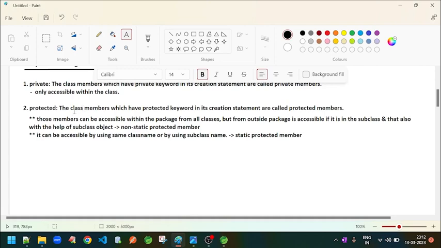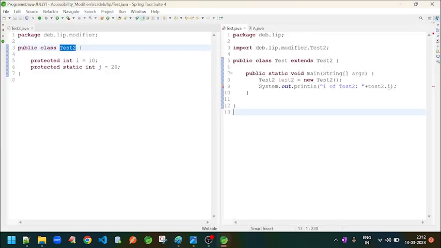It can be accessed with the help of a subclass object. So from whose reference variable are we going to access? It is only the superclass reference variable, not the subclass. We access from the superclass, but only through the subclass one. So let's convert it to